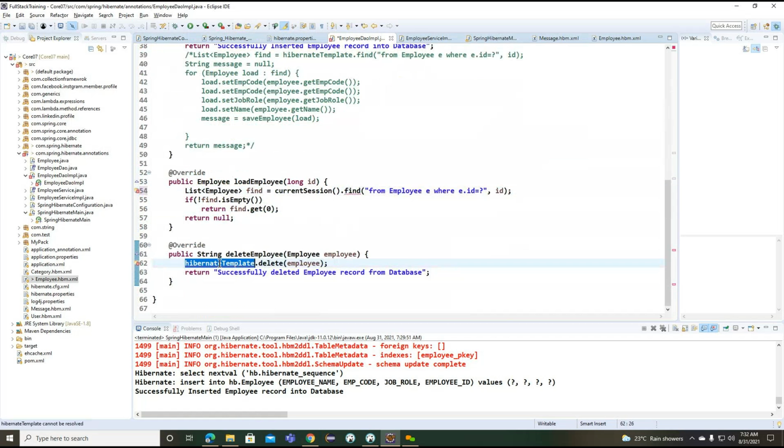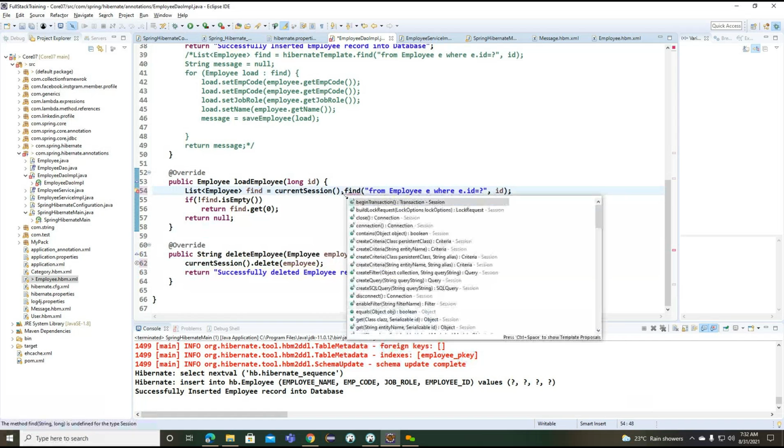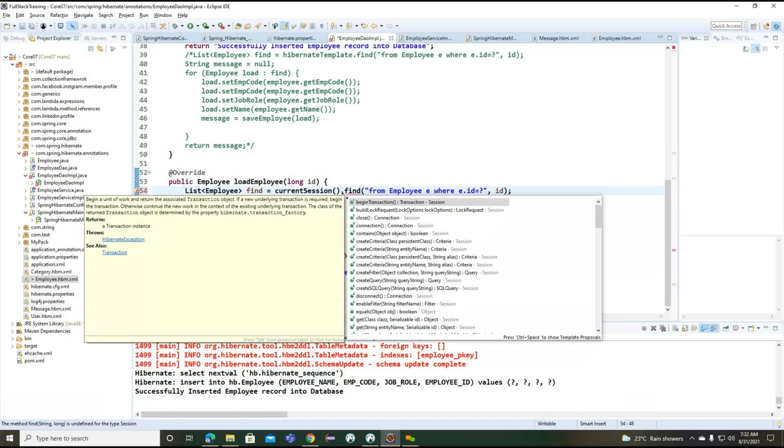Inside this particular current session, we don't have a find method. Now, what are the different methods we have here? Create criteria, create query, and the get method.